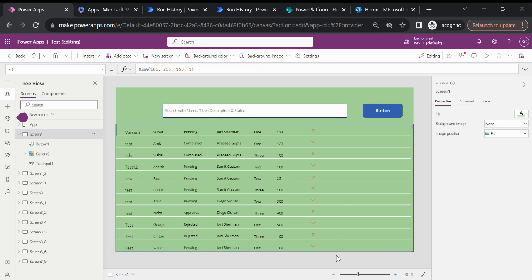Today I'm going to explain how we can create the dialog box. Okay, so let's suppose there is a scenario. This is a gallery. Inside this gallery we have an icon. Let's suppose on click of this icon, I want some dialog box to appear, and inside this dialog box we can see that